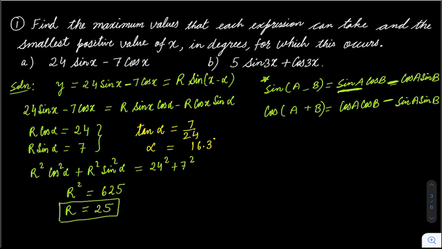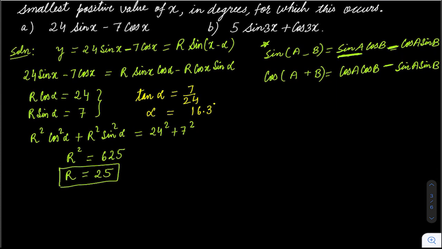Okay, so now I have r and I have alpha. So now I can say that 24 sin x minus 7 cos x is equal to r, that is 25 times sine of x minus 16.3